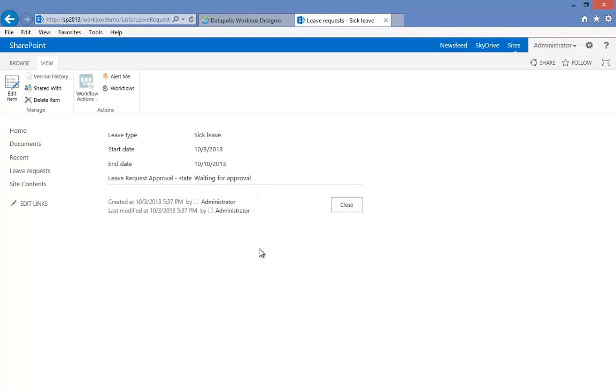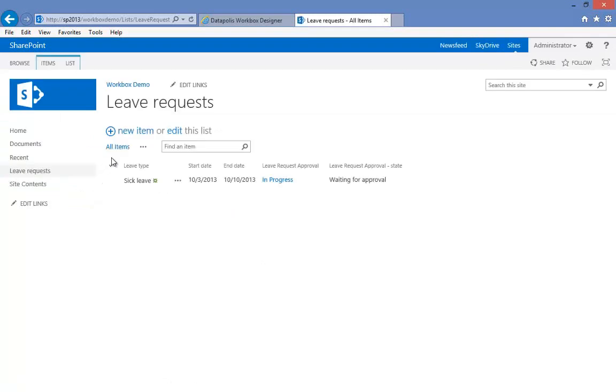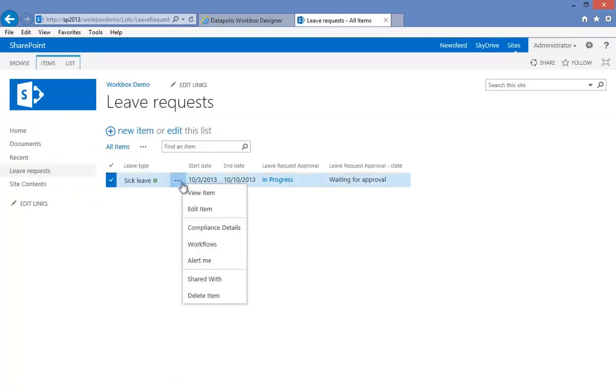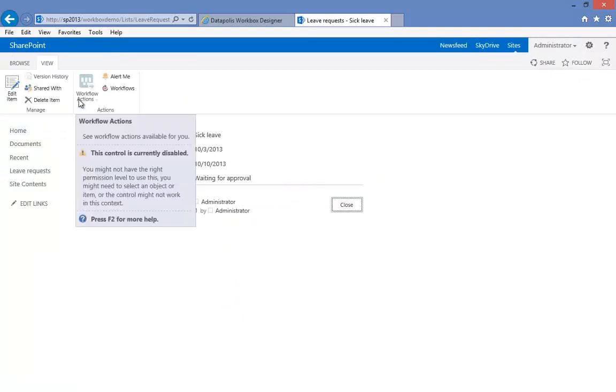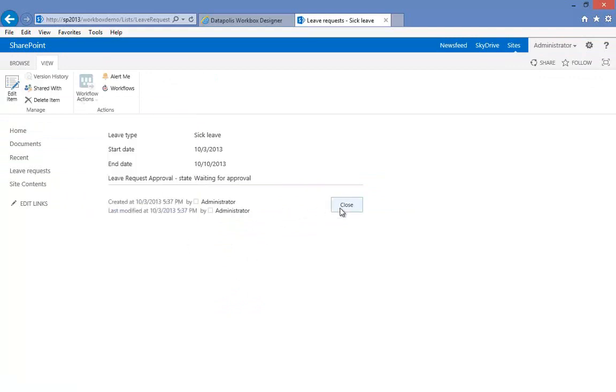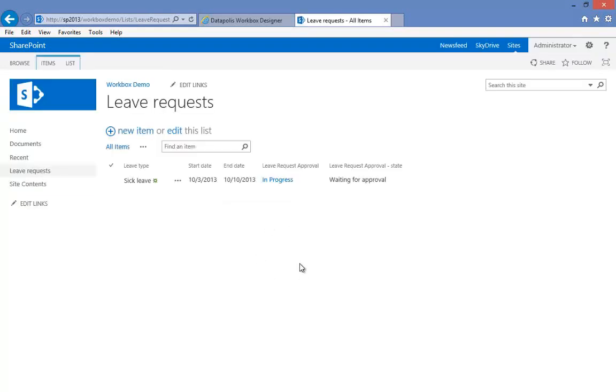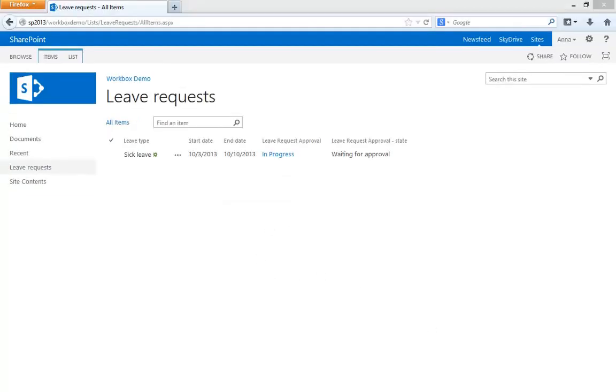Now I will try to run an action to which I do not have permissions, and as you can see, I do not have any additional options available in the drop-down menu. If I go to the form, I have my workflow actions control disabled. So now I will just change my web browser,